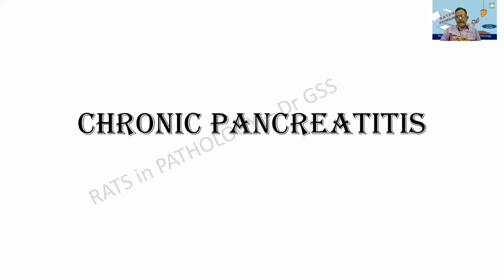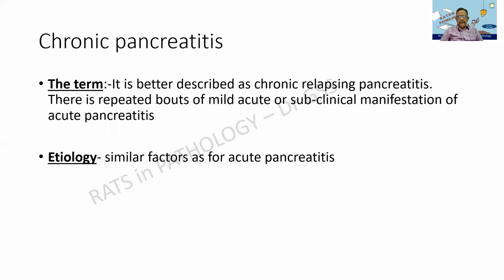We had seen acute pancreatitis. The next condition can be chronic pancreatitis, or they may ask just pancreatitis itself. It is not very different, not very difficult, just follow. So it is better known as a chronic relapsing pancreatitis. Recurrent inflammation will be there. Bouts of mild acute inflammation or subclinical inflammation, and it results in chronic pancreatitis.